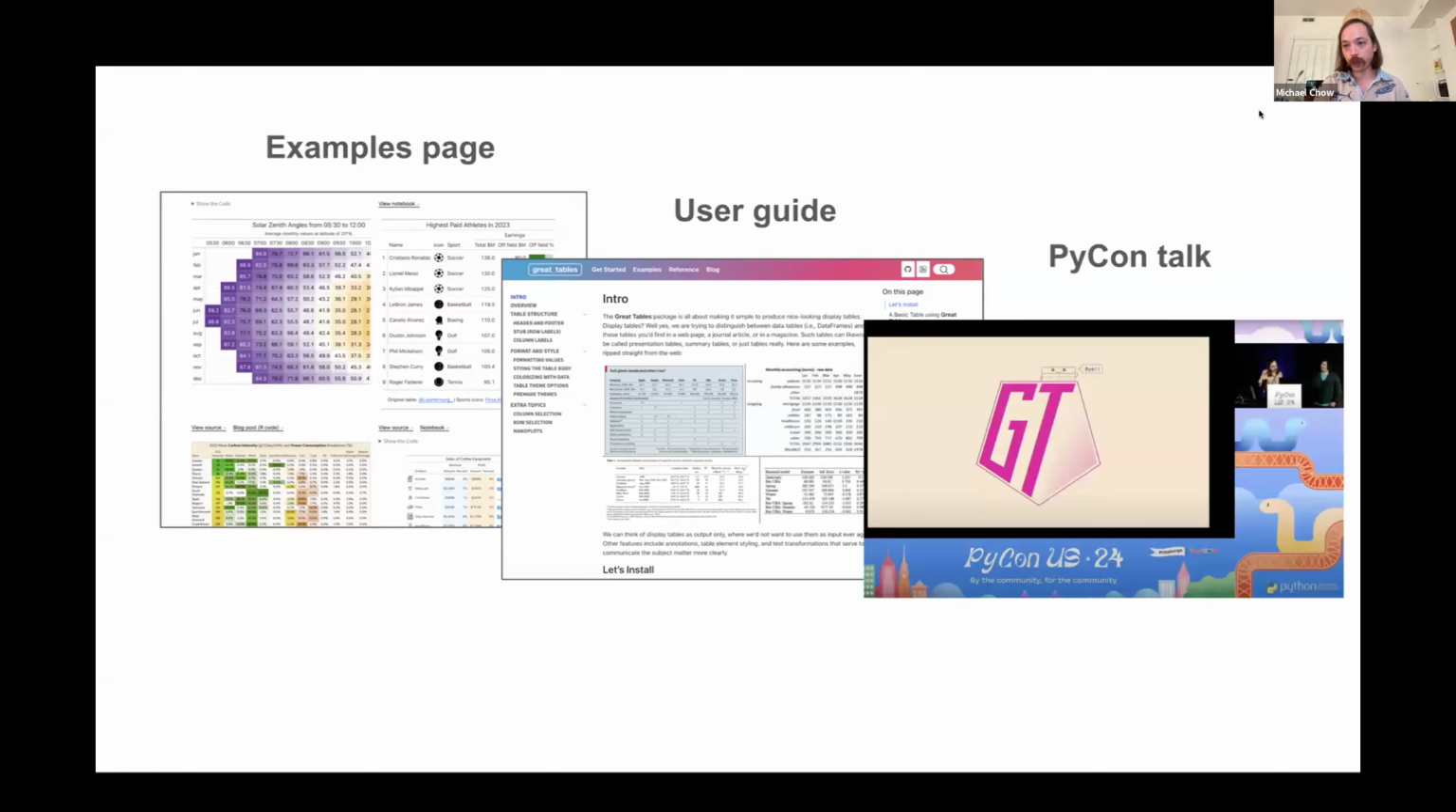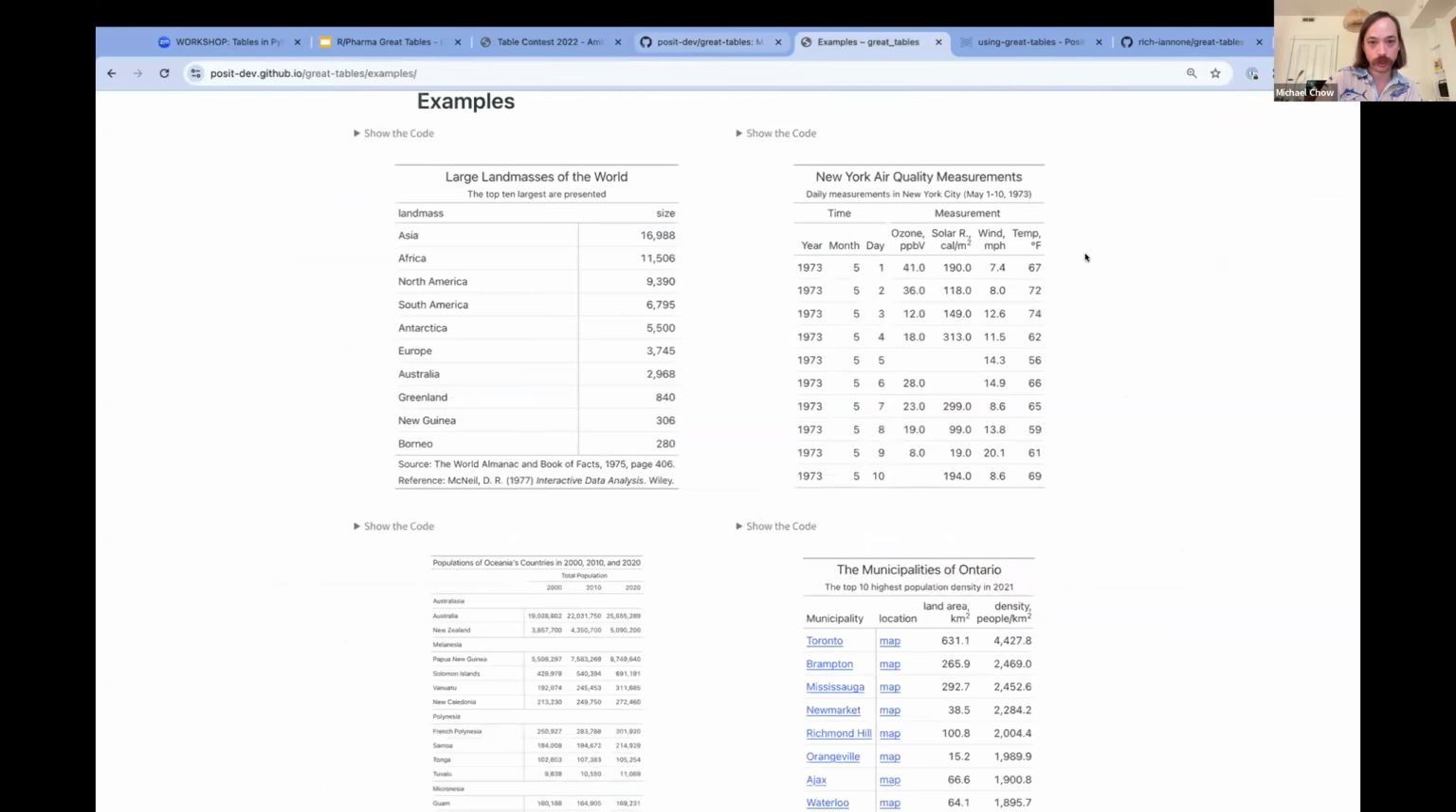And then we also gave a talk at PyCon announcing Great Tables this year. That's a good place to learn more about Great Tables and how we tried to explain to a Python audience why table display is really useful and why we ported GT to Python. All right. And I'm just going to open up really fast and go to the examples page